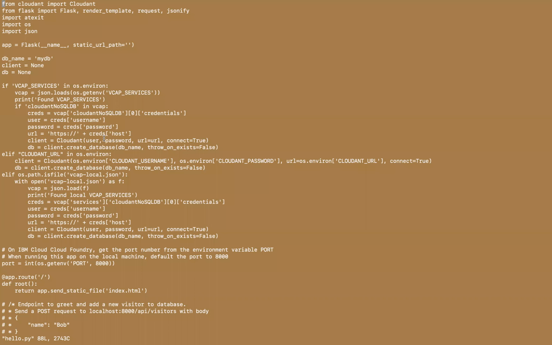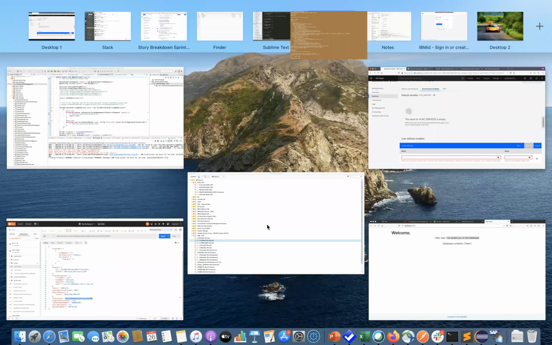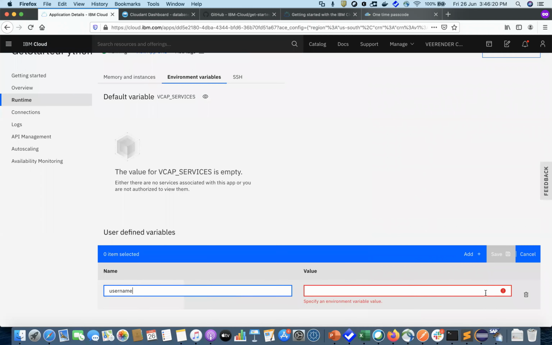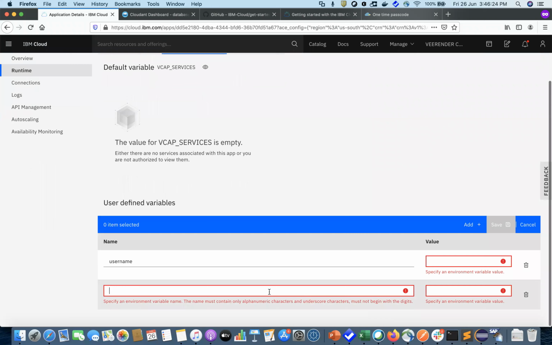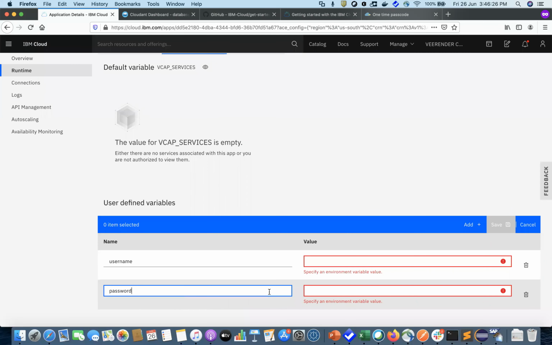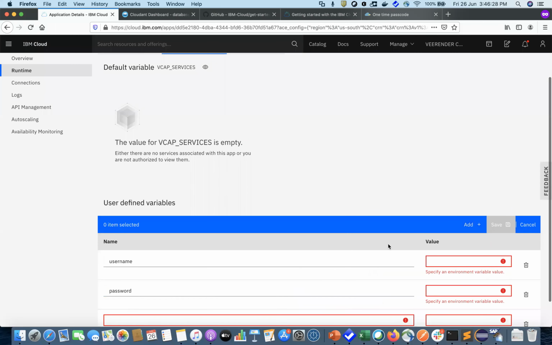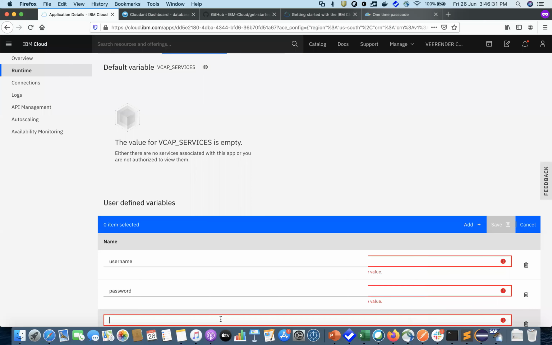Okay, so you need to add these three variables over here. Okay, username, you can add it here. You can do a password. Okay, and you can do a host, right? And you can do a save.